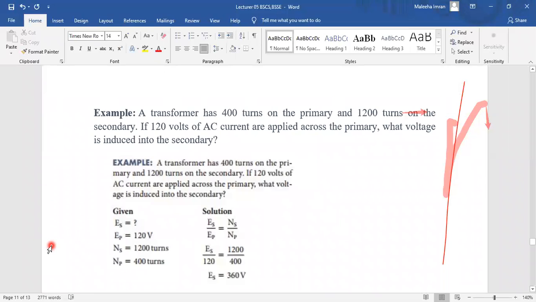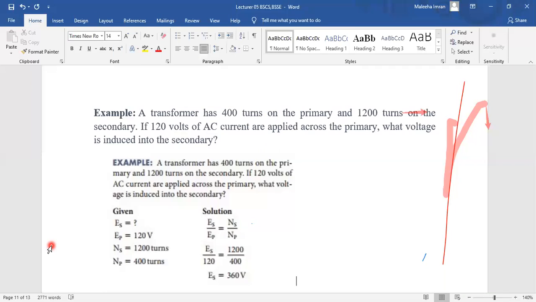सर अगर हम Vs over Vp की जगह Is over Ip लिखते हैं और करंट की इक्वेशन यूज कर लें तो? जी, ये डिपेंडिंग है कि आपको प्रॉब्लम के अंदर क्या चीज गिवन है। अगर आपको करंट्स गिवन हैं तो देन यू कैन राइट Vs over Vp is equal to Is over Ip. और अगर आपको नंबर ऑफ टर्न्स गिवन हैं तो उस सूरत में भी आप देख सकते हैं।